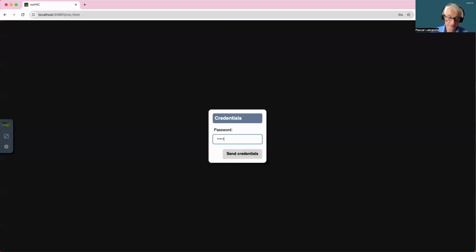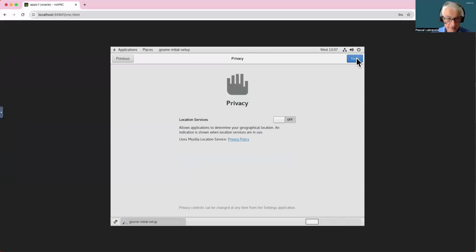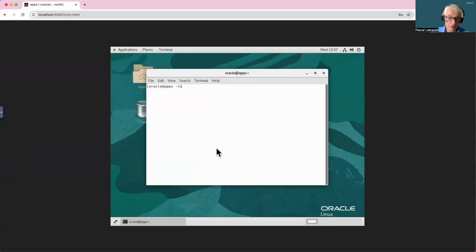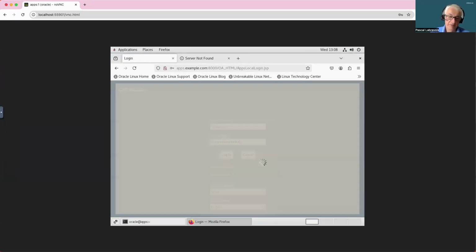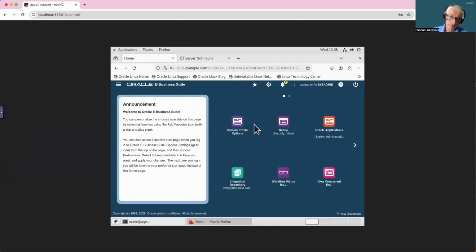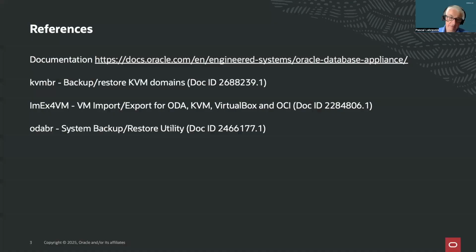Accessing the desktop, I'm about to launch Firefox to access my EBS environment. I can connect. So we have now seen how to import an EBS demo VM to ODA, not in a few seconds, but in a few hours.